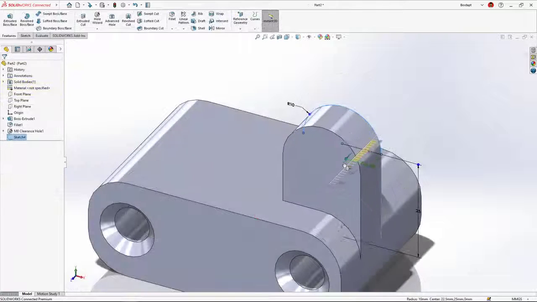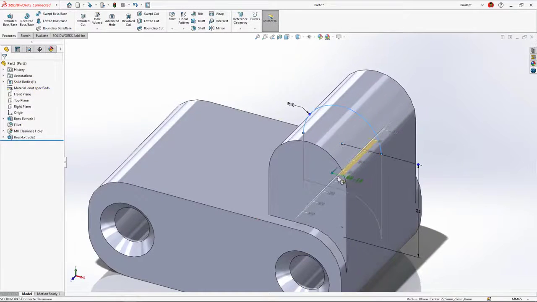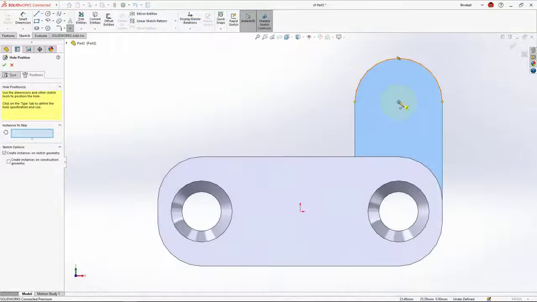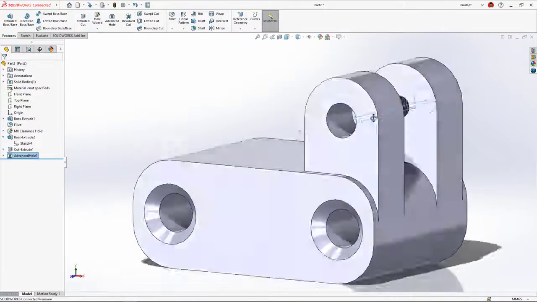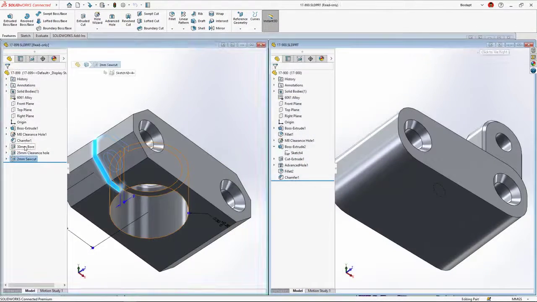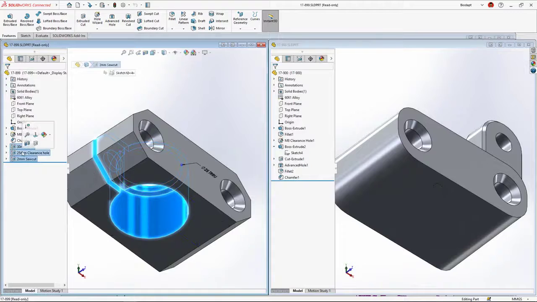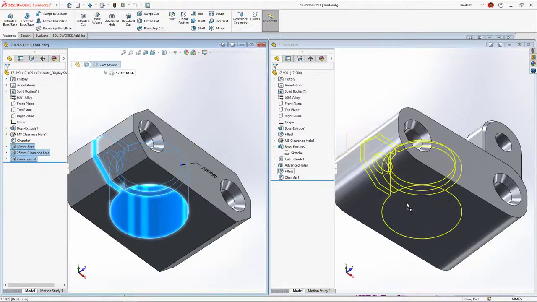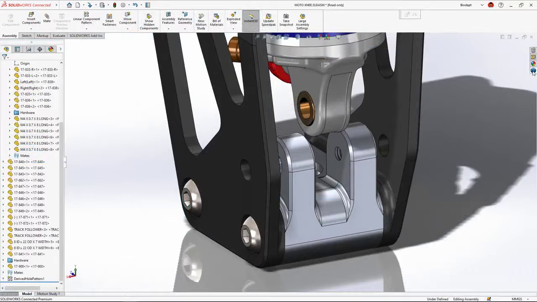Even the most complex ideas are easy to realize with access to instant feedback and standard tools like the Hole Wizard, an extensive library of hole types built right in. SolidWorks enables you to not only modify design dimensions, but also reuse geometry with a simple drag and drop, a